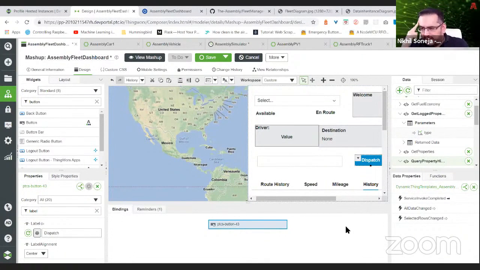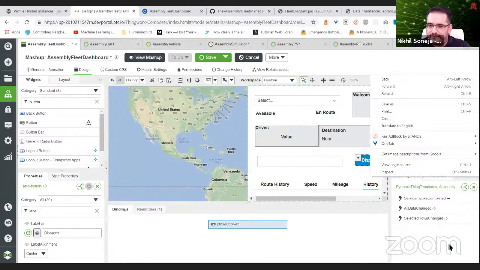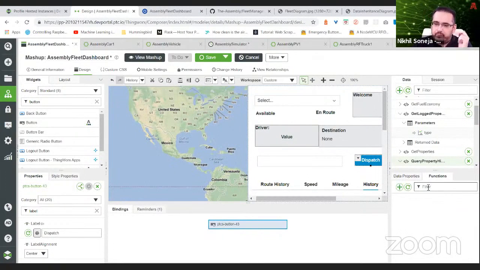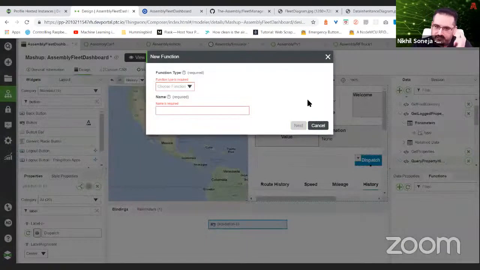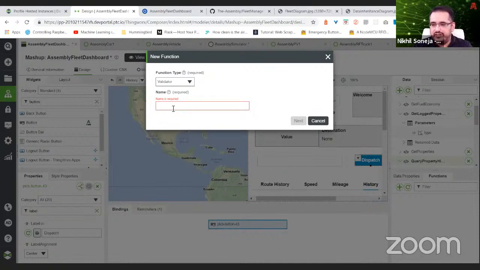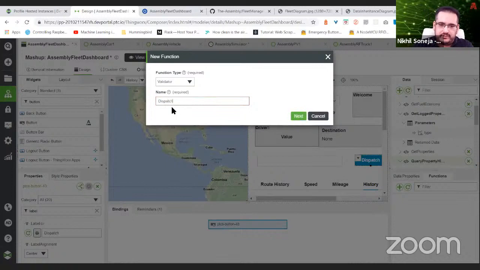The first thing that we do is, we have to go on here. I'm going to create something. You have to look at this. This one section we haven't explored. It's called a function. Now I've got a function. Under functions, I want to select a particular predefined function called a validator function. This used to be a separate widget, but now in the latest version, they've done that. My validator is going to check whether the dispatch button should be enabled. So let's say,